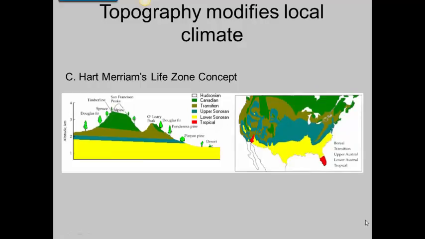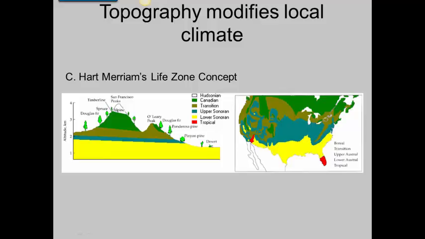In general, we can see the impact of topography on climate when we examine the distribution of plant communities along an elevation transect. Many early plant biogeographers or early ecologists, like C. Hart Merriam and Humboldt, were really interested in looking at the distribution of plants along elevational gradients and also latitudinal gradients. C. Hart Merriam